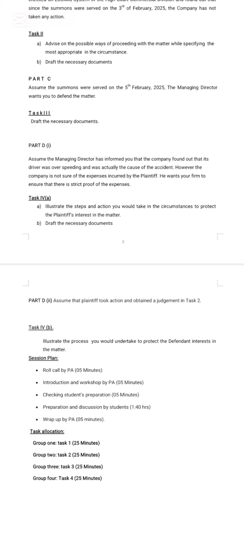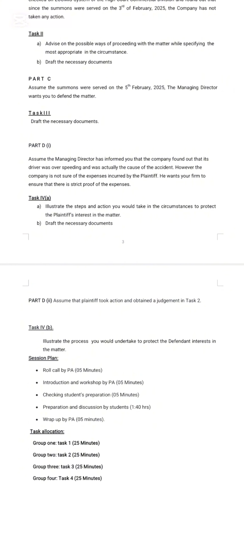Assume the managing director has informed you that the company found out that its driver was overspeeding and was actually the cause of the accident. However, the company is not sure of the expenses incurred by the plaintiff. He wants your firm to ensure that there is strict proof of the expenses. Illustrate the steps and action you will take in the circumstances to protect the plaintiff's interest in the matter, and draft